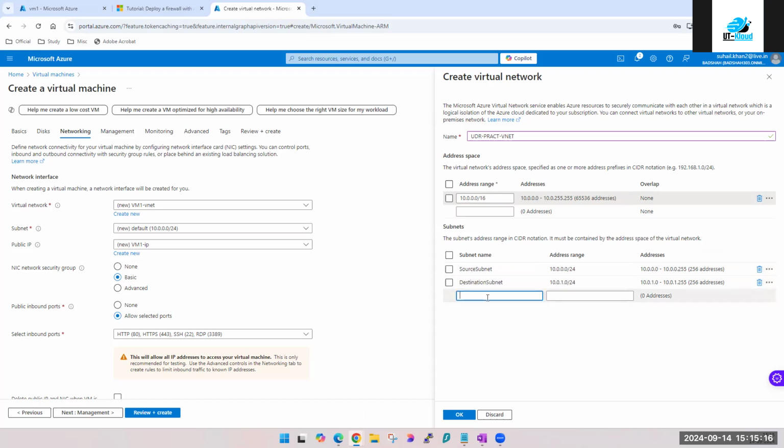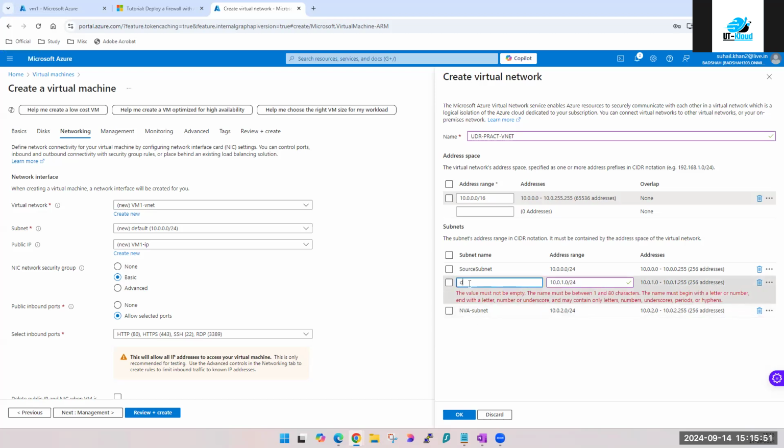Okay. Now I want one more subnet. I'm calling it virtual appliance subnet, because here I'm going to host my router. Got it, guys?